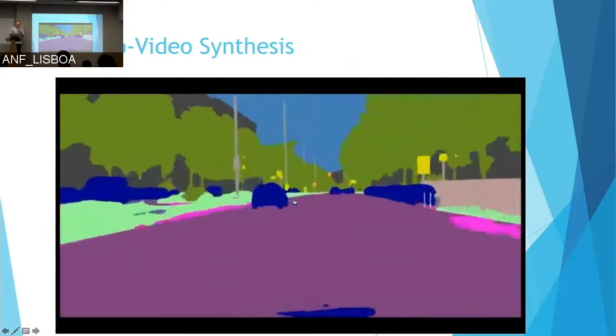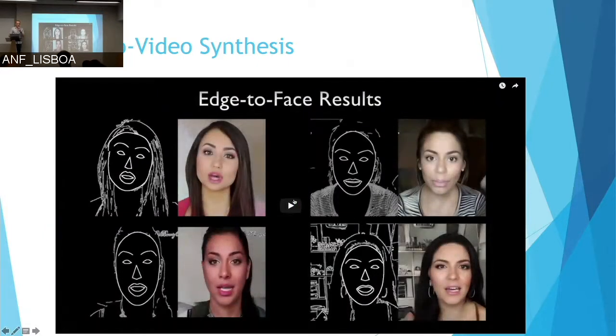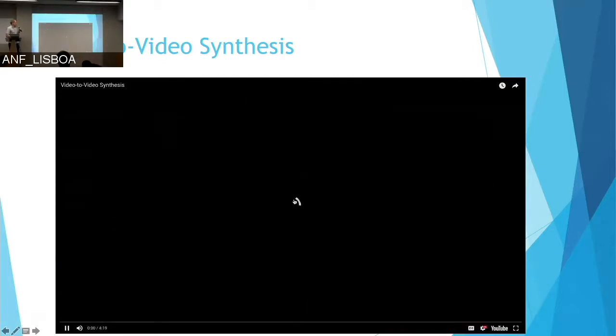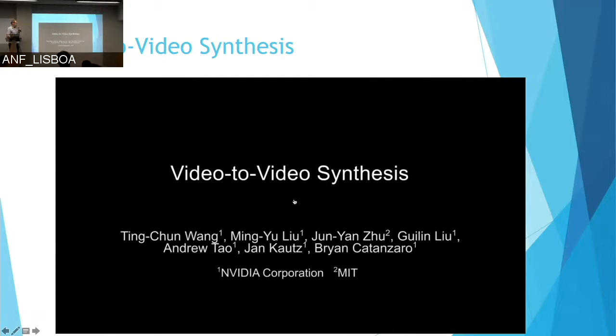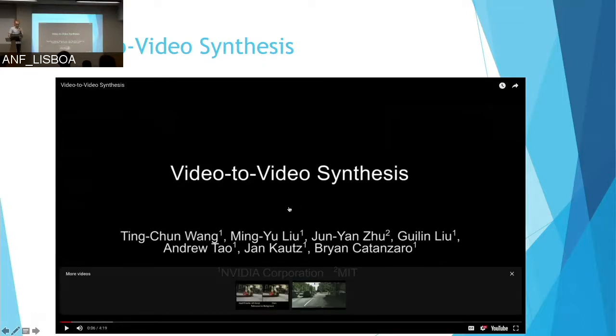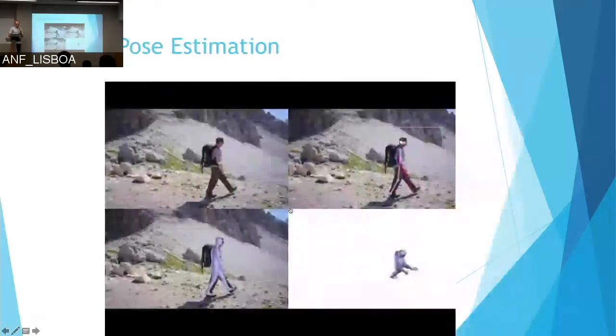The question was how long does it take to generate the frame? You need to use GPUs, like graphics cards. I don't know for that specific example. It might not be real time, but it would be close to it if it isn't. And you can imagine you could probably throw more GPUs at it, if you want to. But maybe soon it would be real time. That's the same one. Did I skip a slide?